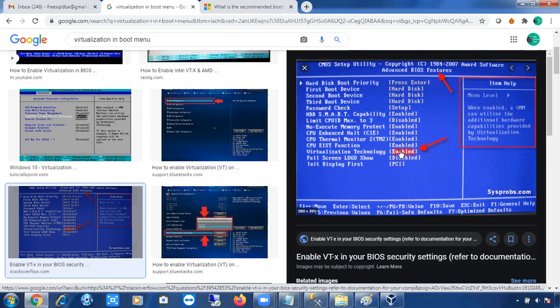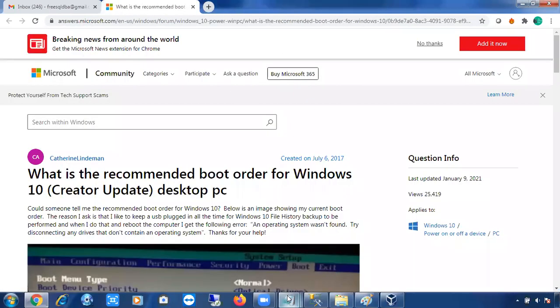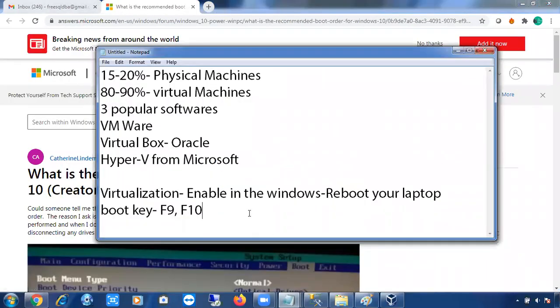You can go to that option with the help of your arrow keys. Just use up arrow or down arrow, it will be enabled. Once it is enabled, hit enter. Then if you see here, F10 to save. Just press the F10 button, then it will save and exit from the boot settings. In that way you can enable the virtualization technology at the boot level. But don't worry, I'll help you in fixing that issue if you are having any issues in enabling the technology, right? So you have to enable the virtualization technology at the boot level.